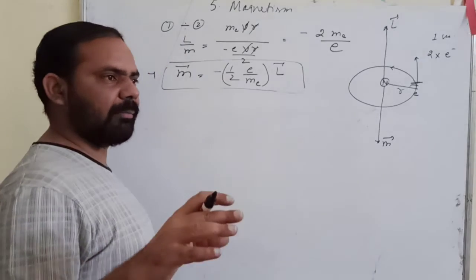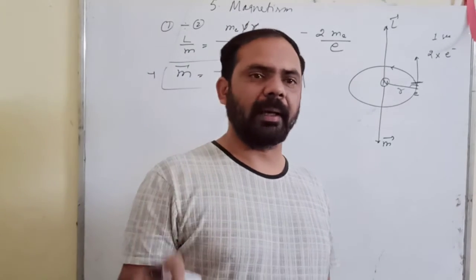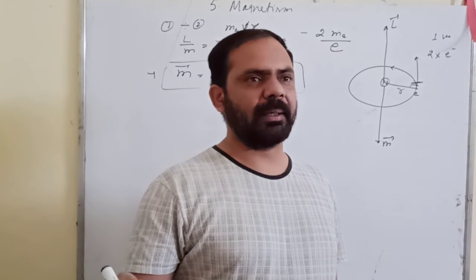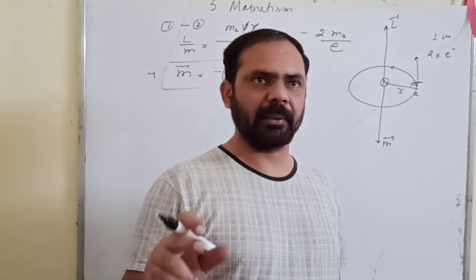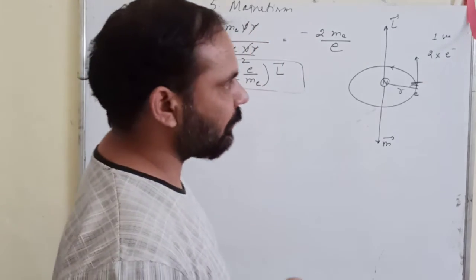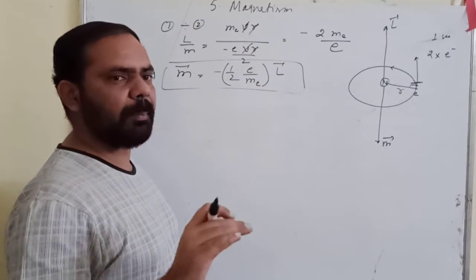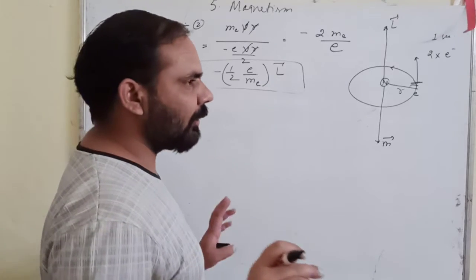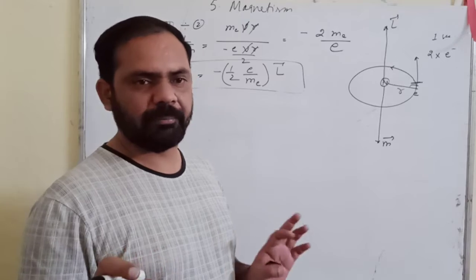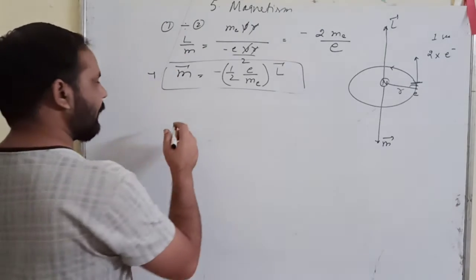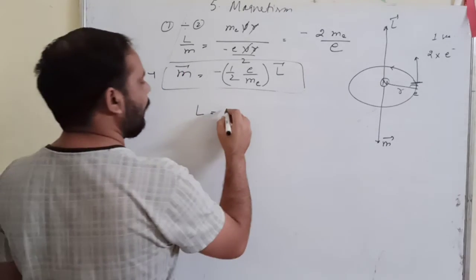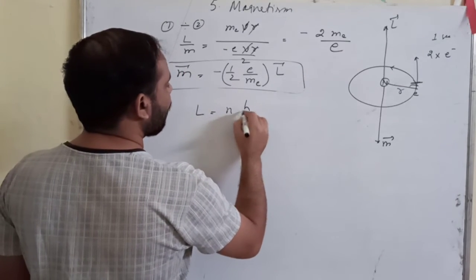Okay, we have Bohr's model of the atom that we will study in the chapter named Atoms, chapter number 12, right? In chapter 12 you will study a model named Bohr's model of the atom. In that model we have a few postulates, and one of Bohr's postulates is that angular momentum is an integral multiple of a constant